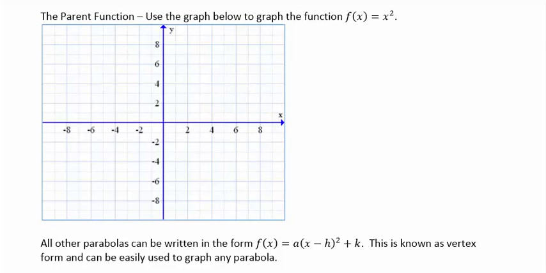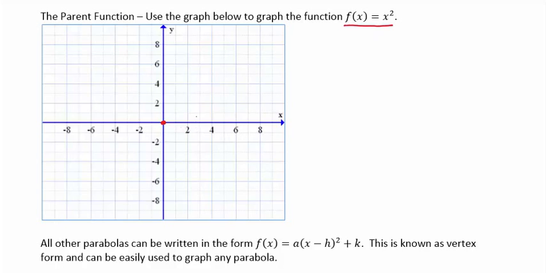Hello. Let's try to work on graphing our quadratics using the vertex form. So the first thing we need to do is get the parent function. The parent function is going to be f of x equals x squared, and that's the function we're going to use to define everything else. So to graph it,